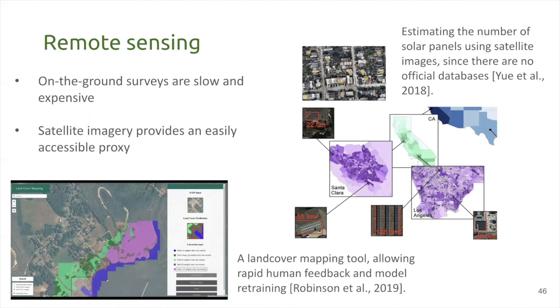And what's useful here is that we can take raw pixels into information that's very directly useful for climate change action. So this example on the top right is taking these images of the roofs of homes, and it's calculating how much solar panel area different cities have. So you can now start monitoring the amount of solar cover, even though there's no centralized database for that.